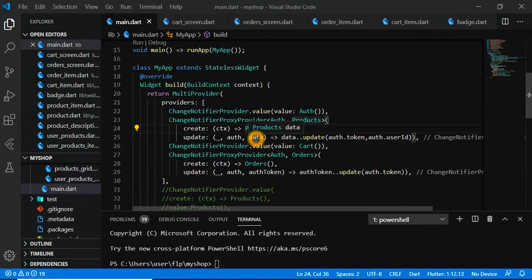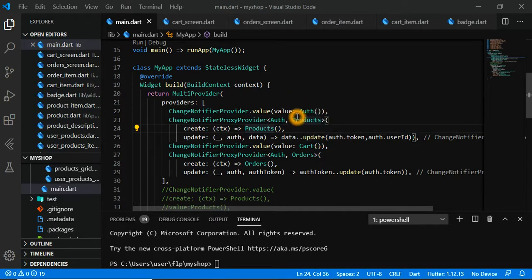So you can see here products data. Data denotes the data of the provider to which you want to send data. So auth and data, and we're going to be running a function data..update.